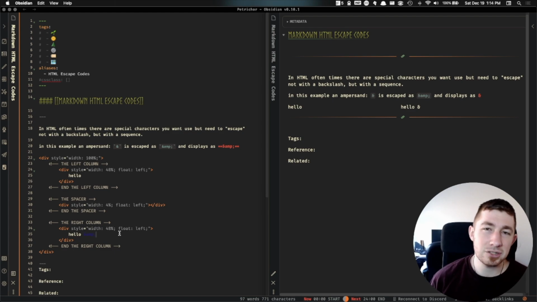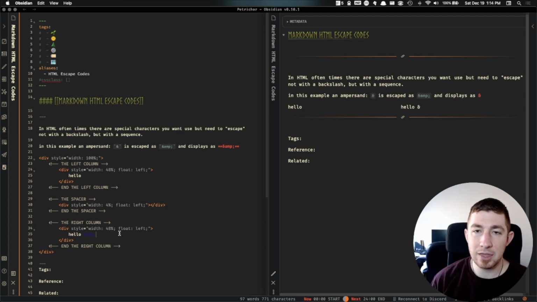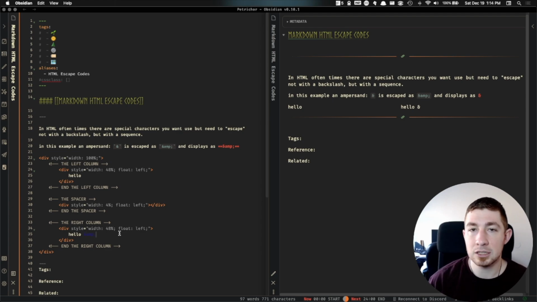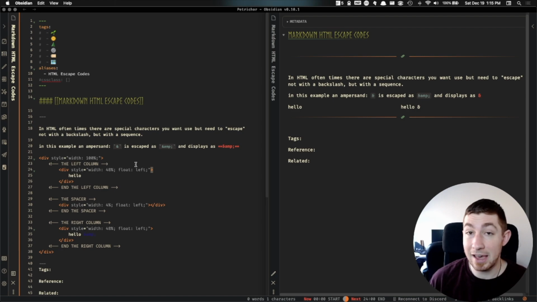You might never actually have to use this, but in case you need to use a protected character when you are dealing with raw HTML inside your document, you might need to actually escape something, and just know that these escape sequences exist for these particular protected characters, especially if you're going to do anything with these brackets, because those are protected, because it's going to think that you're working with another HTML tag. So that is just something to be aware of as we go through the advanced material and get more into the custom embedded HTML inside of